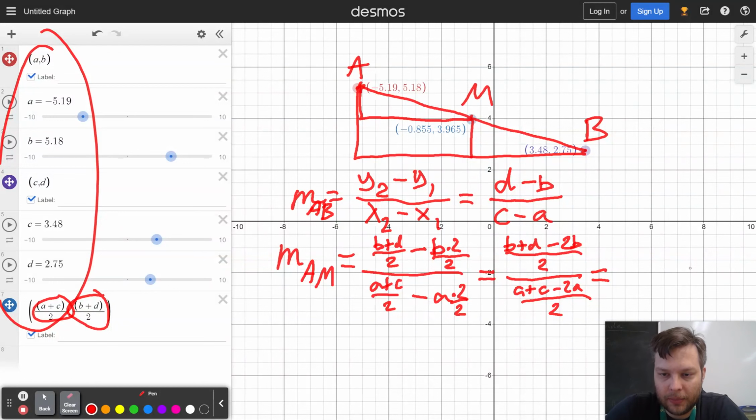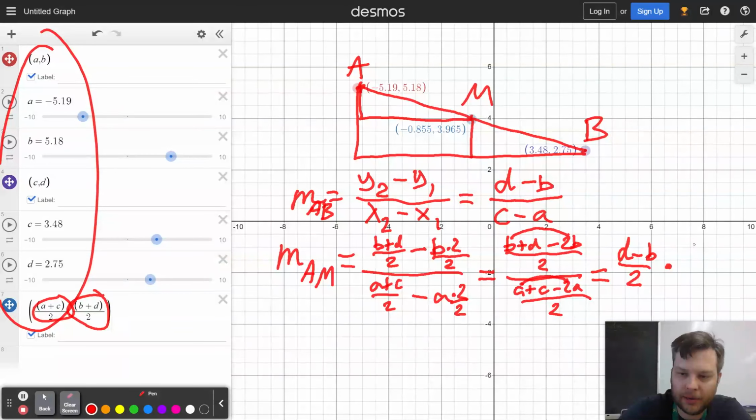Let's multiply by the reciprocal, and while we're at it, let's simplify. We've got like terms. B minus 2b is just negative b. A minus 2a is just negative a. So now I've got d minus b over 2, and I'm going to multiply by the reciprocal of the bottom, c minus a. Well, times 2 and divided by 2 cancels out, and we get exactly what we wanted, d minus b over